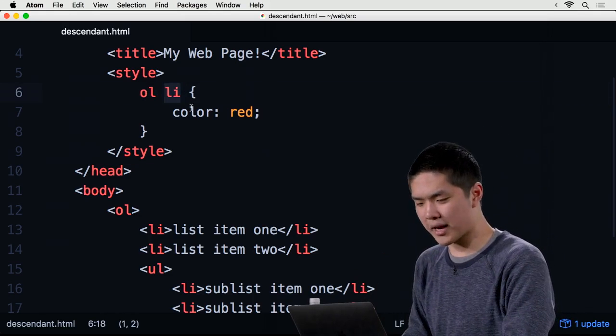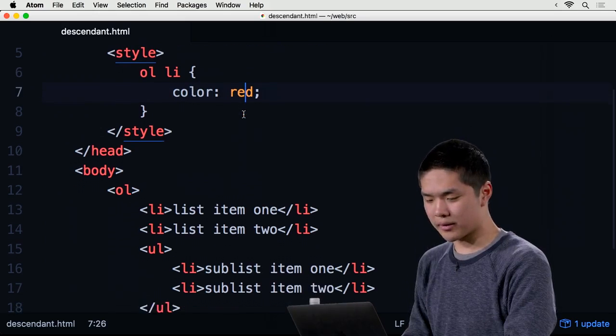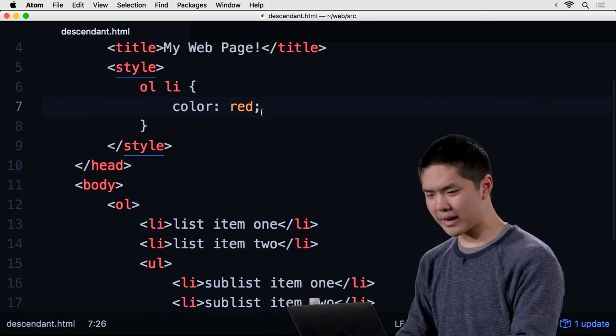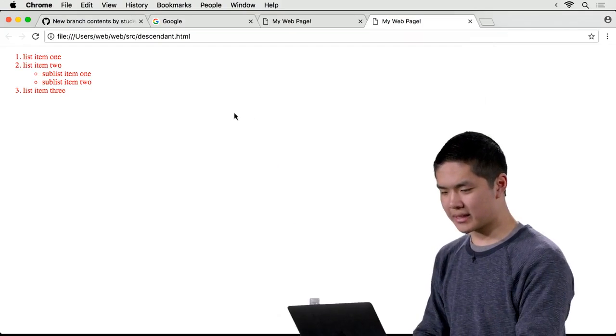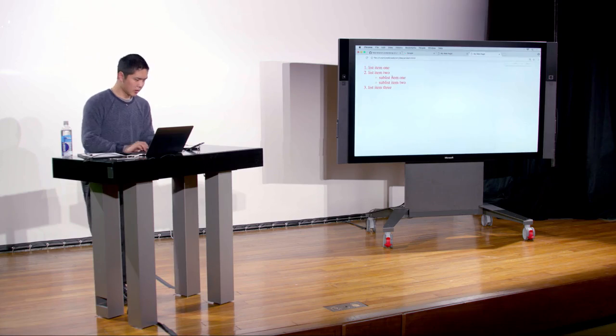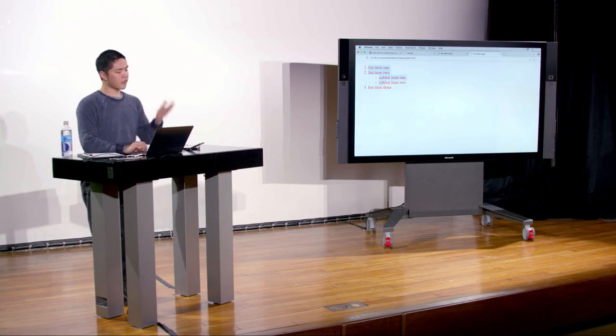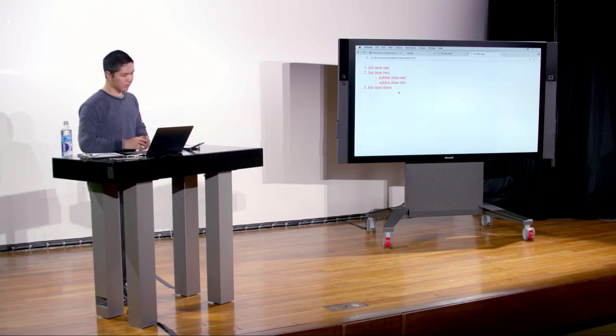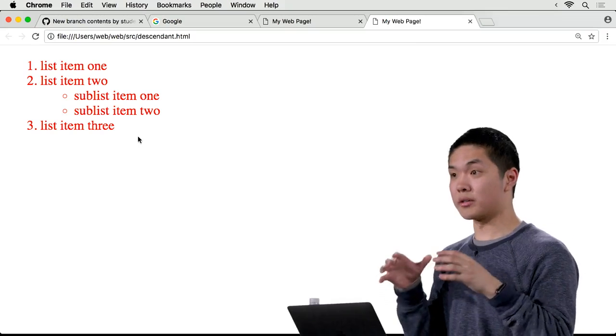And so all of those list items I want to color red, for an example. And so now if I open up descendant.html,